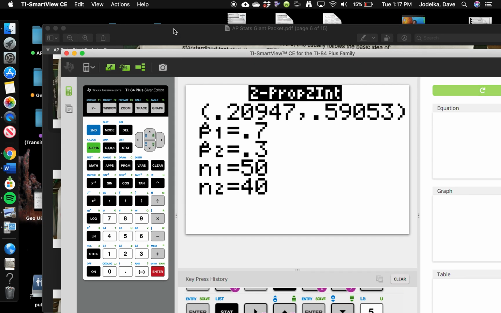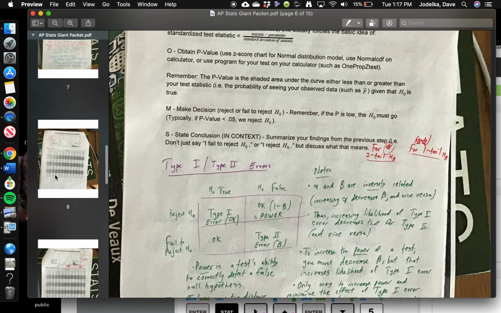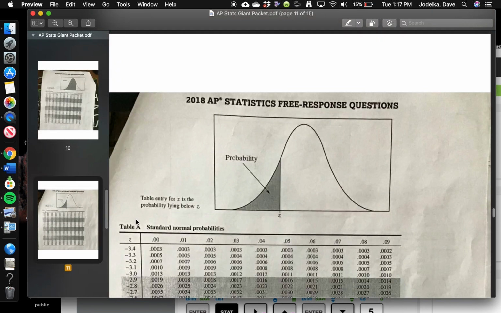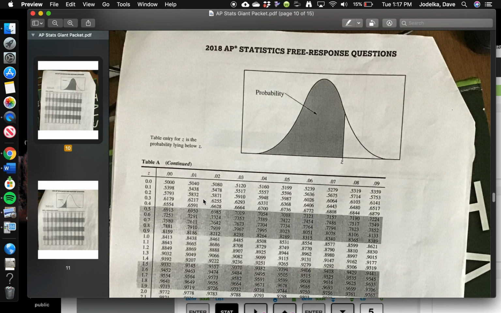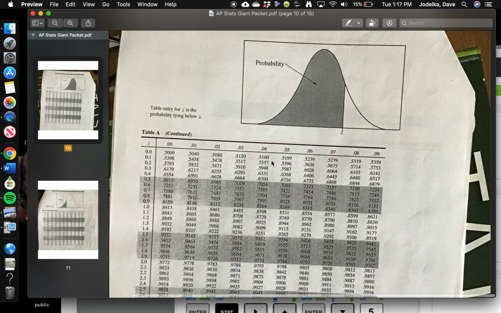A couple other things to note while we're talking about calculators. These two charts right here are talking about z-scores. This is basically normal CDF. So if you wanted to determine the amount of area under the curve, let's say you were trying to find what proportion of people are less than a z-score of 0.4. Okay, well, here's a z-score of 0.4. It's 0.6554. What that's saying is the area under the curve up to that amount is